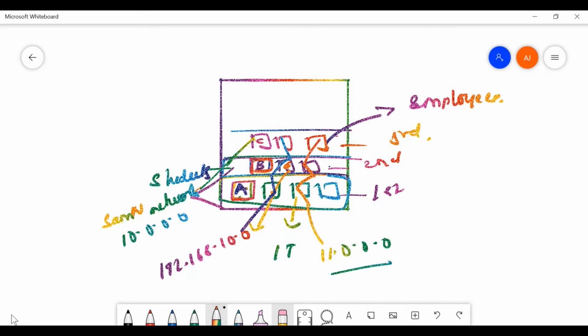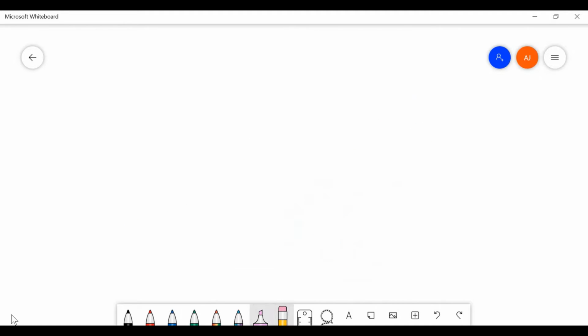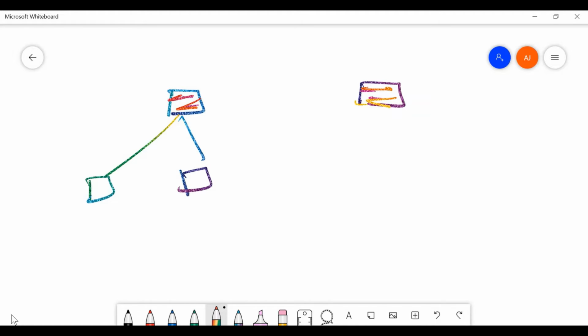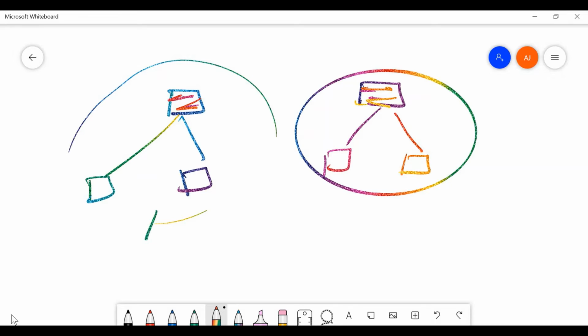What we are going to do in this lab is simply build two networks using simple switches. These are two switches; this is the icon for switches. We are going to connect two PCs here. This is one network and this is one network, and here I am connecting two PCs each,